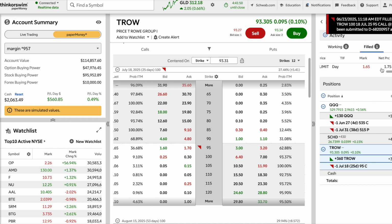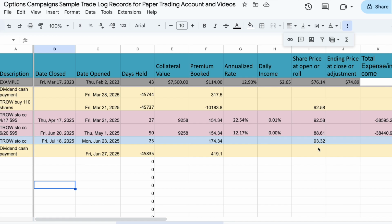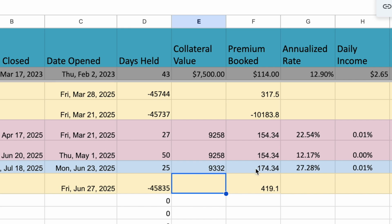It filled at $175. The current share price of $93.32 is higher than the price that I paid for the shares when I bought them. So I'm going to use this higher number as my collateral value. A $174 premium on $9,332 in 25 days gives me an annualized rate of return of